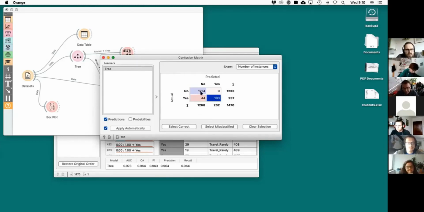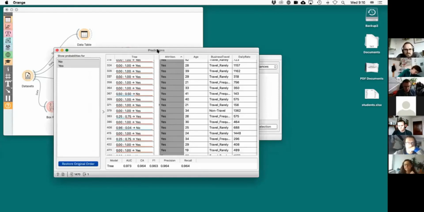So if I sum up, out of 1,470, the correct guesses, there's a measure called classification accuracy that says, okay, classification accuracy for this data set is 1,224 plus 193 divided by 1,470, right? And that is actually reported also in the predictions, in this column, classification accuracy is near 0.96, okay? So 96%, right? So this classifier is 96% correct.